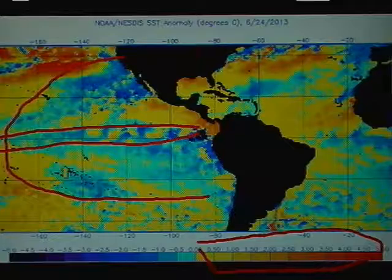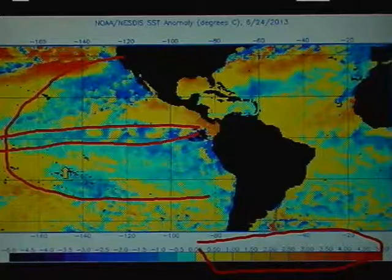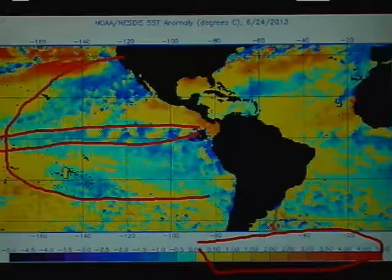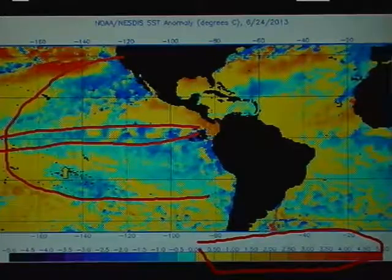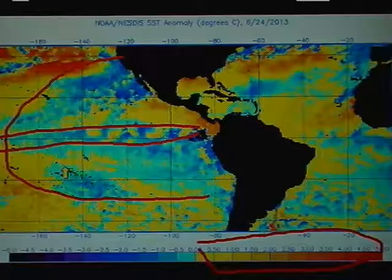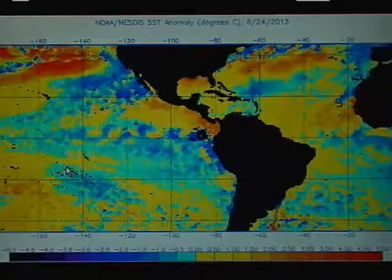And this is really important because we're going to be heading into the peak of the hurricane season in about 60 days or so, a little less than that, and we're not going to have an El Nino. That looks almost physically impossible at this point. It just takes too long for that to set up, and instead we're going to have this neutral pattern in place, maybe just slightly cooler than neutral in the eastern Pacific,